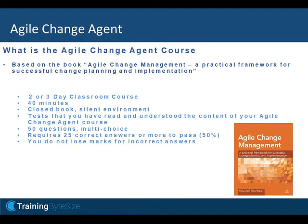Okay, yeah, that sounds really good. So tell me a bit about the Agile Change Agent course itself, John, if you can. Yeah, sure. Well, the course is based on the book Agile Change Management, and it's a practical framework for successful change planning and implementation. The book itself provides an entry-level access to the subjects of change management and Agile management,